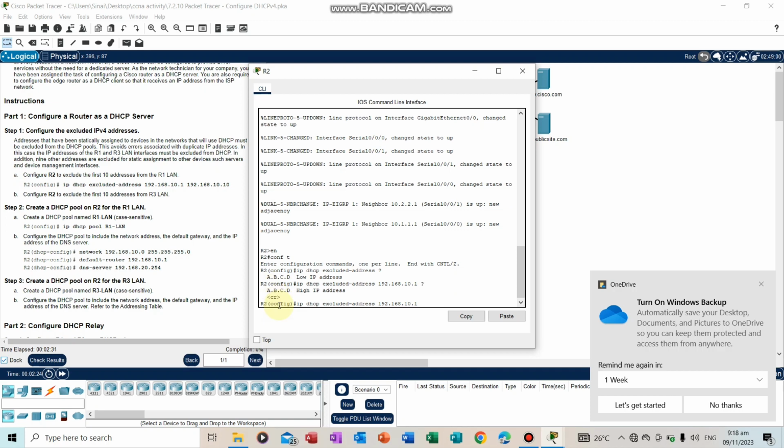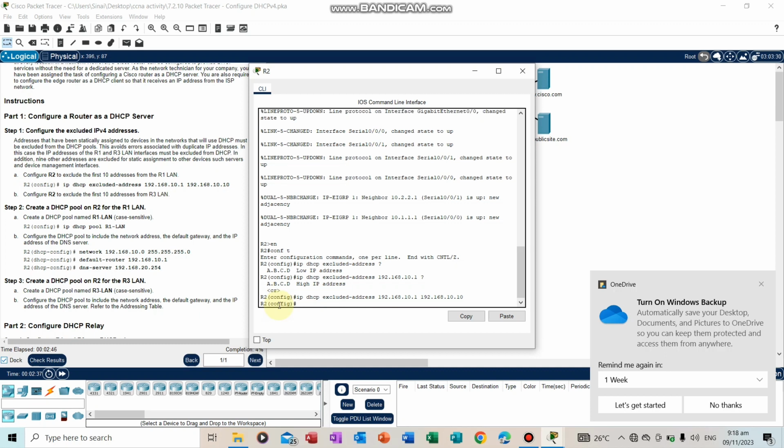The other one is 192.168.10.10. Then press enter,